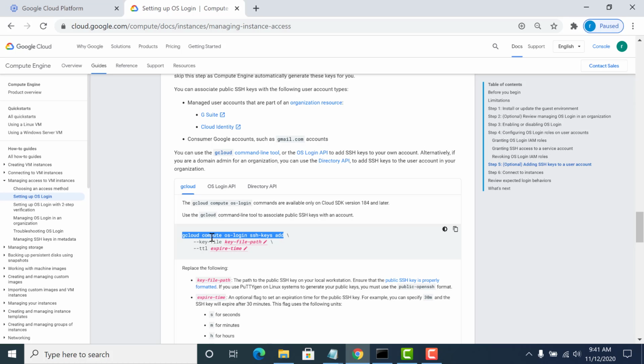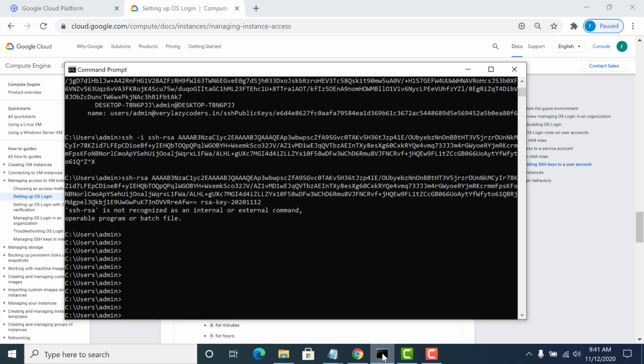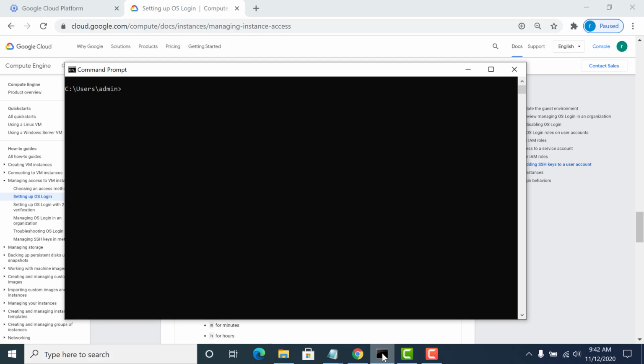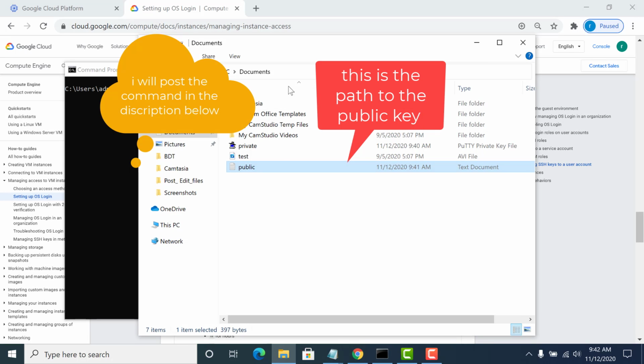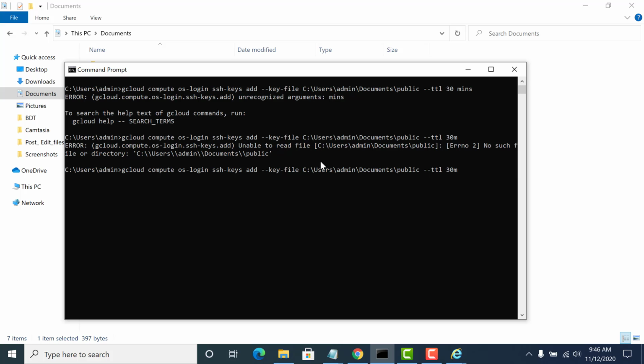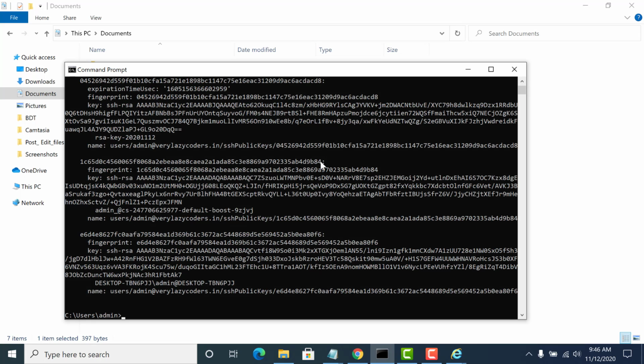So let me just copy this. So I have my Gcloud in my local machine as well. So I'll just copy this. I will add my key. So once this is done,